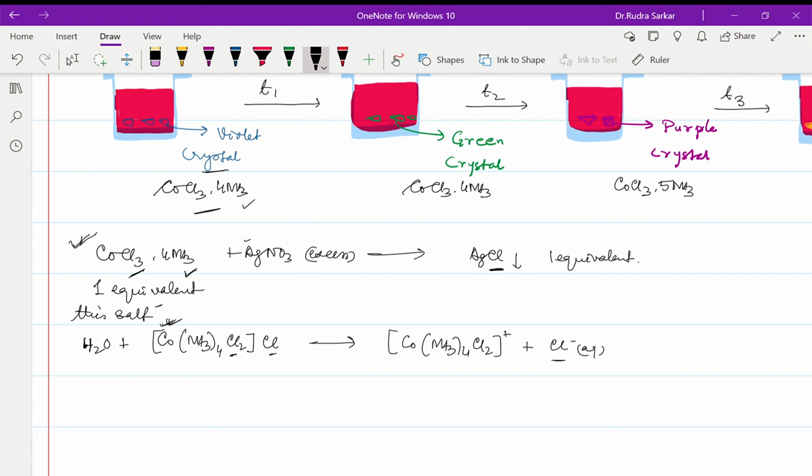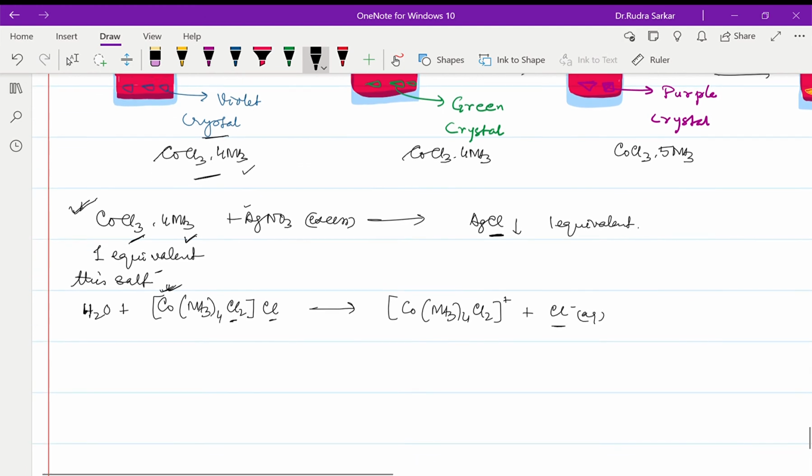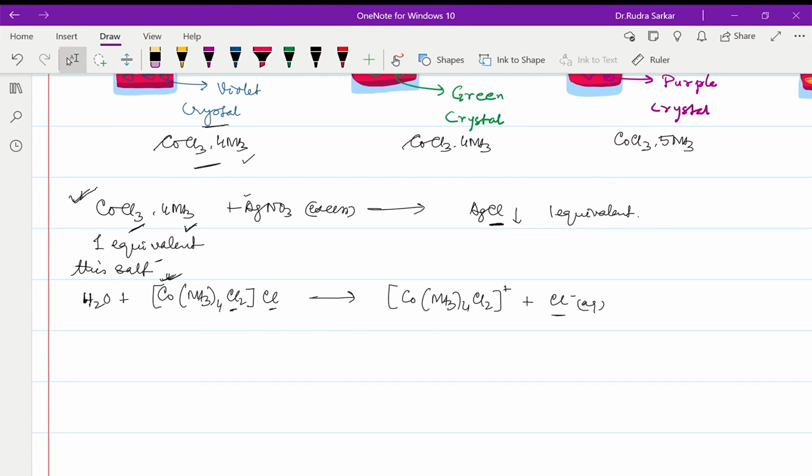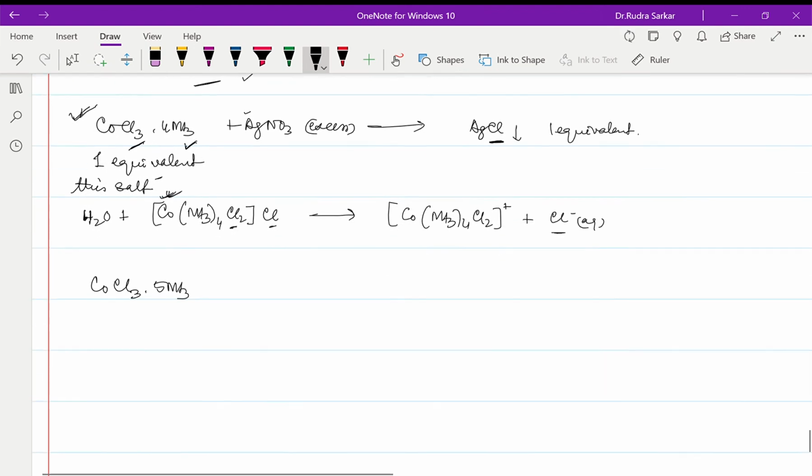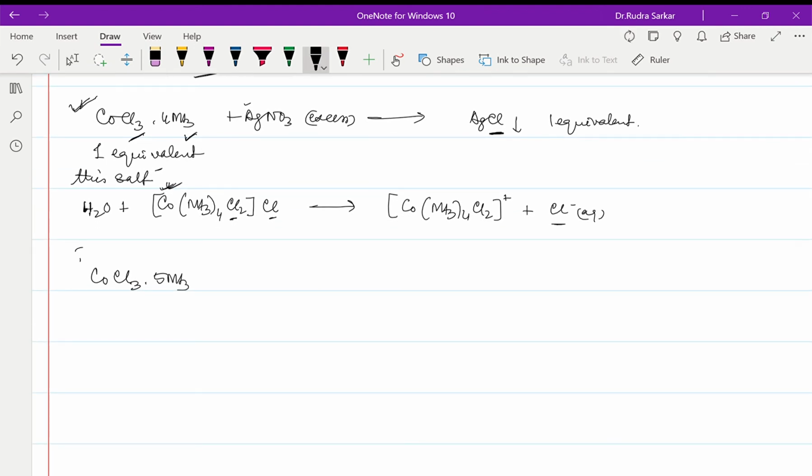Again, when he did the test for the purple salt, that is COCl3·5NH3, that is the purple salt,